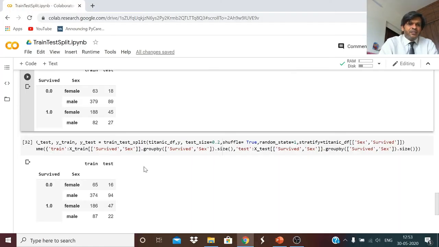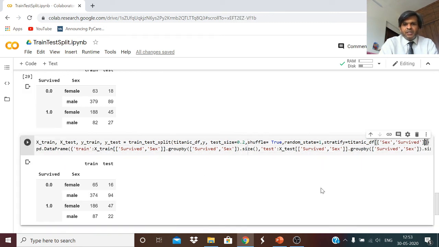I again summarize my data after the split, and see the values for these two columns and the count of those values, and I have written a similar table. You can observe the difference. There is a certain difference when we use stratification on various columns. This will depend on the kind of experiments you are doing or the kind of data sets you have. These are the things you should focus on while creating your train and test split.